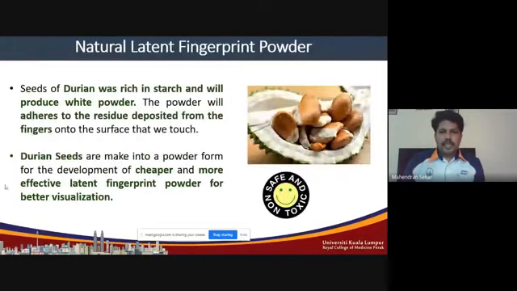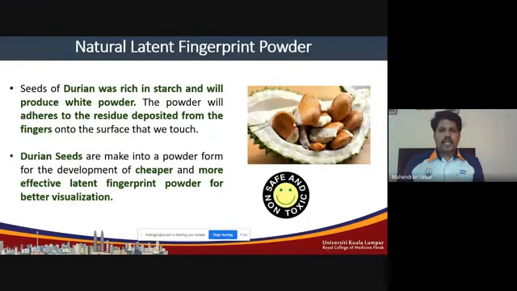So these are the durian seeds, which are obtained from durian fruits. Here in Malaysia, this is one of the famous fruits. It is called the king of fruit, which contains the white part and also the seeds. Also, it is one of the waste products. So what we have done, we converted this into a product.